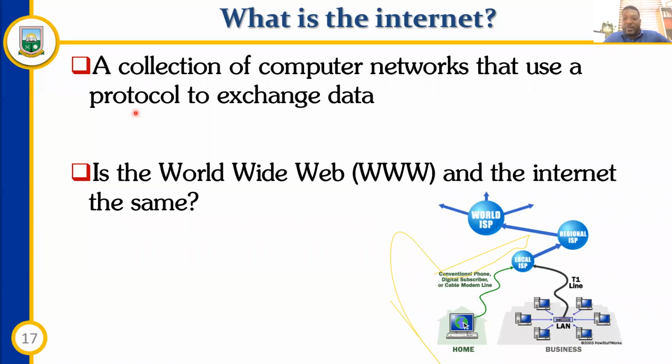So when you talk of the web, it is the collection of websites and pages around the world. So when you go to ghanaweb.com, it is a website. And if it's a website, it means there are other web pages coming together to form a website. So the World Wide Web